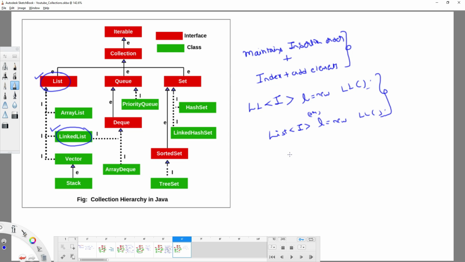Similarly, you can add the data at the first location. The addFirst method is there, the addLast method is there. Guys, actually this LinkedList internally uses a doubly linked list as its data structure,